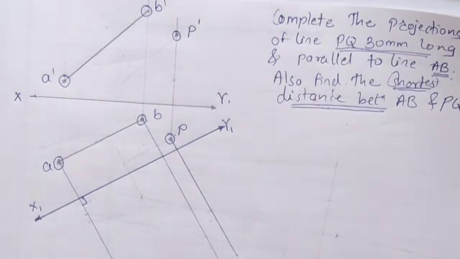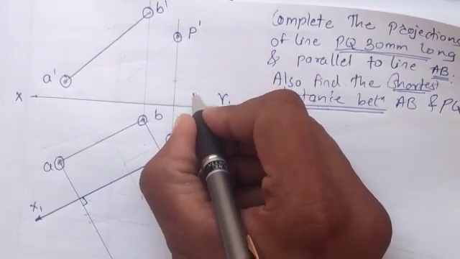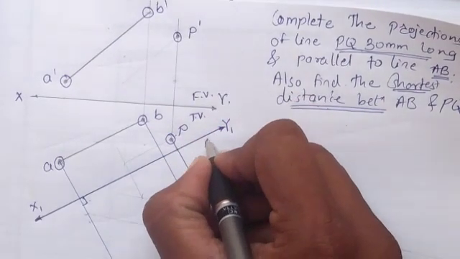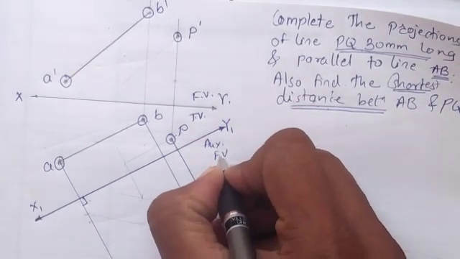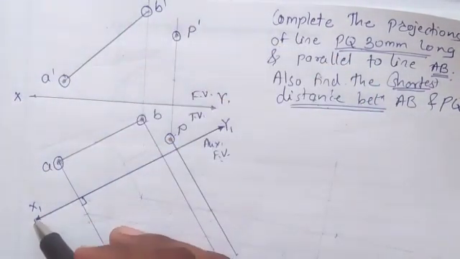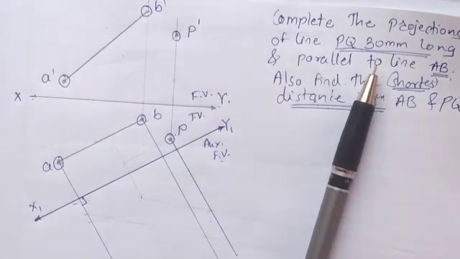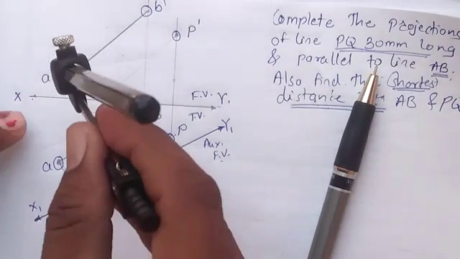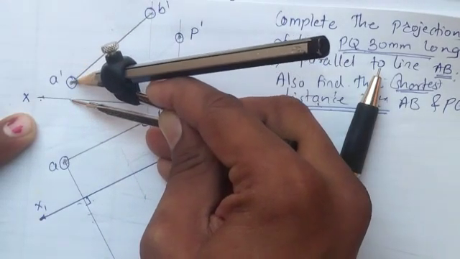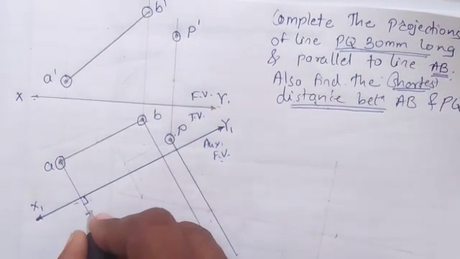Now marking the distances. Prior to marking the distance, name the views. This is the front view. After the front view, this is the top view, and after this top view we are getting the auxiliary front view. As we are going to draw the auxiliary front view, we will take the distances from the front view. We are using x1 y1, so take the distances from the previous XY, so measure from XY. Take the distance of A from XY and mark from x1 y1.